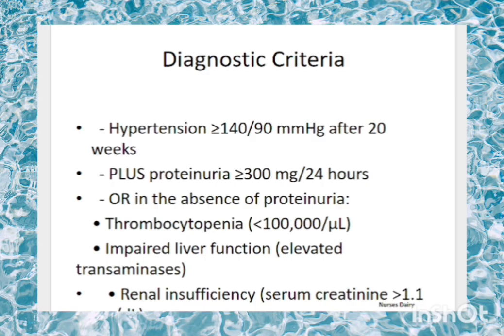And then the diagnostic criteria, or what can make you diagnose to say really this is how preeclampsia looks like. So preeclampsia is a pregnant woman after the 20th week of gestation whose blood pressure reading is greater than or equal to 140/90 millimeters of mercury after the 20th week. And then protein in urine,